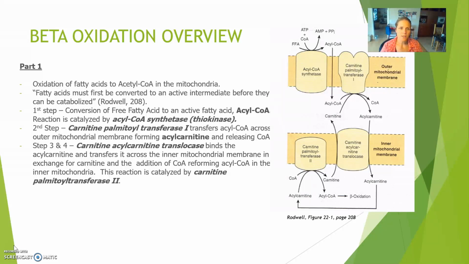So beta oxidation is the oxidation of fatty acids to acetyl-CoA in the mitochondria. Fatty acids are first converted to an active fatty acid, which is acyl-CoA. That reaction is catalyzed by acyl-CoA synthetase. And then the second step, carnitine palmitoyl transferase 1 transfers acyl-CoA across the outer mitochondrial membrane, forming acyl-carnitine and releasing